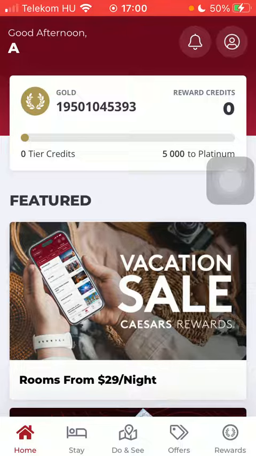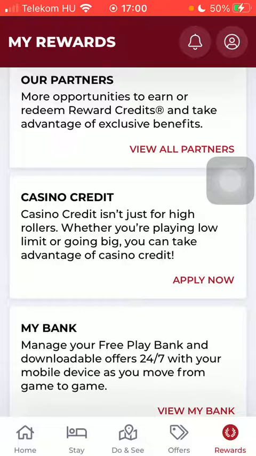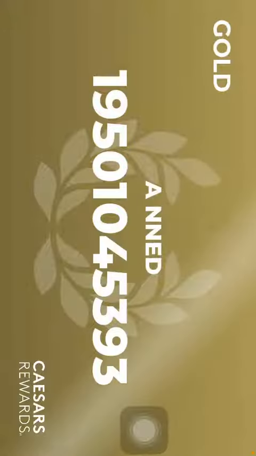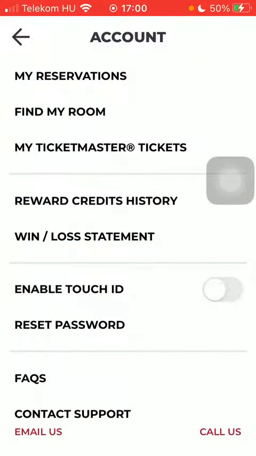Now let's jump into it. First of all, open the application on your phone. Click on the rewards button down below the right side corner and then tap on the profile option in the upper right corner of the screen, and here you can find the enable Touch ID option in the middle of the screen. If you would like to turn on the biometric ID or fingerprints feature, tap on this button next